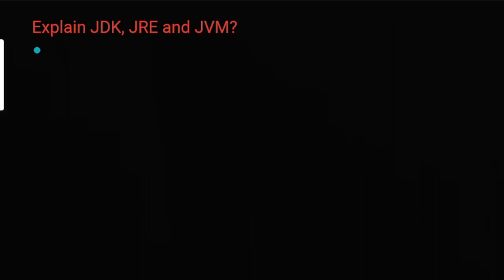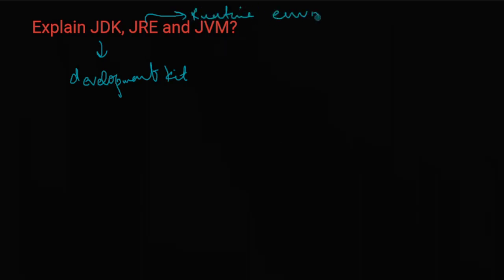So you can expect what kind of question it is, because when you say you are good in Java, they want to know if you know what Java actually works on. If not, that obviously gives a negative impact. If they ask you what is JDK, JRE, and JVM: JDK is the Java Development Kit, JRE is the Java Runtime Environment, and JVM is the Java Virtual Machine. These are the full forms.